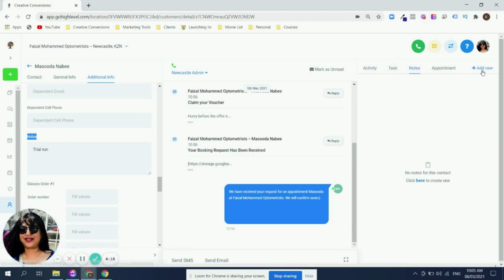There's notes here, and you can add a new note and say trial test run, for example, and then click on save. So it says this note was made by Kanya Pillay, and this is where all of you guys can see